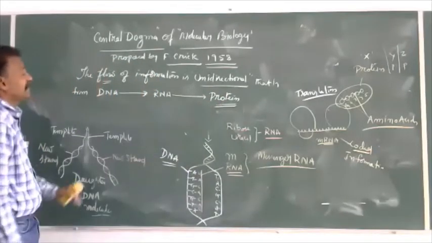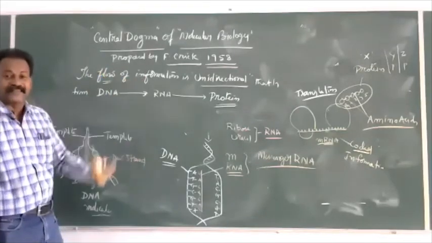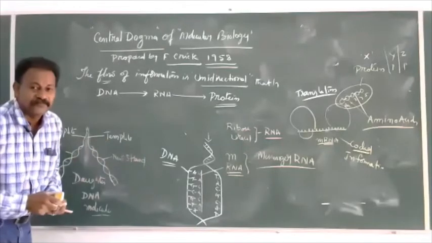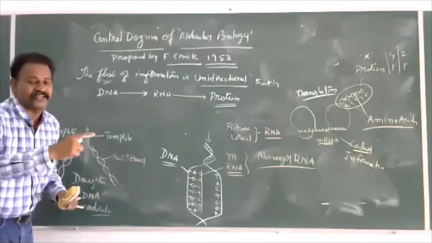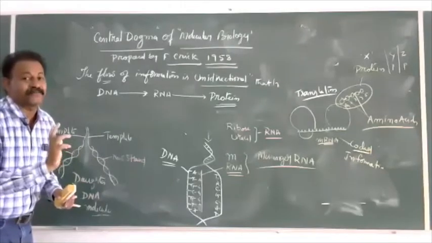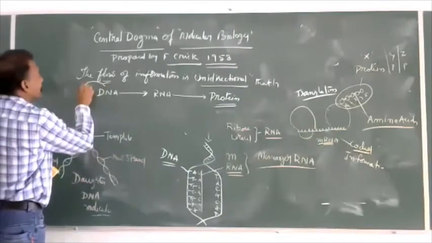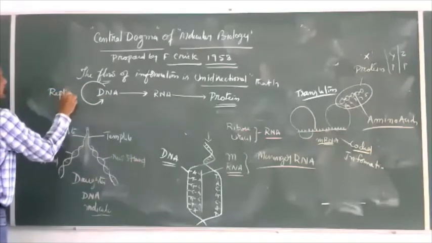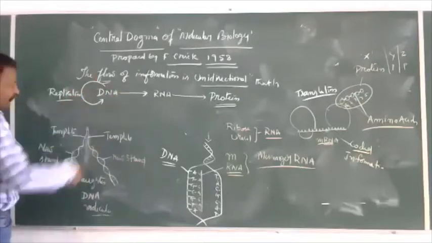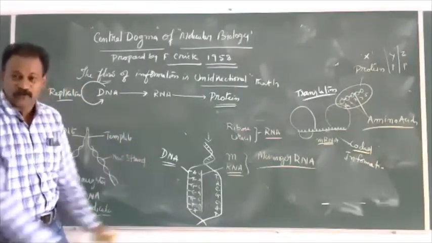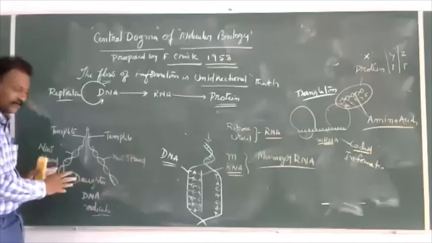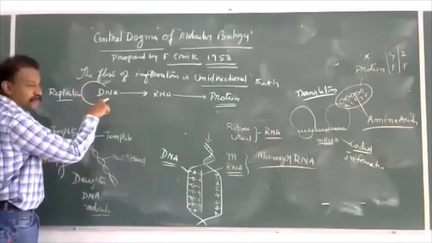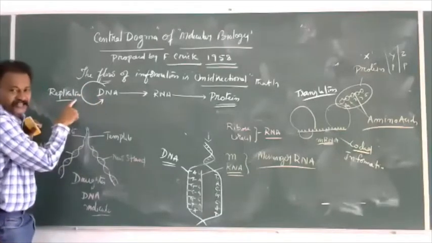And when he was going to study and present this, he observed the first thing, because of base complementation. Base complementation immediately gives that there is a mechanism called replication. DNA can undergo replication. So the two main functions of DNA that we have studied just now, still on the board: a DNA is capable of producing its own DNA by replication.